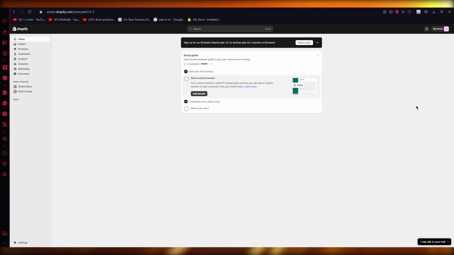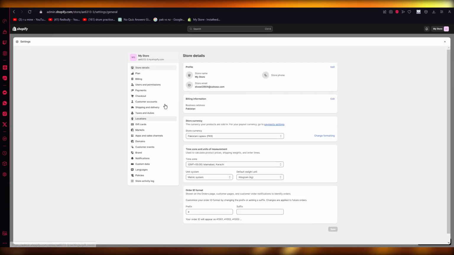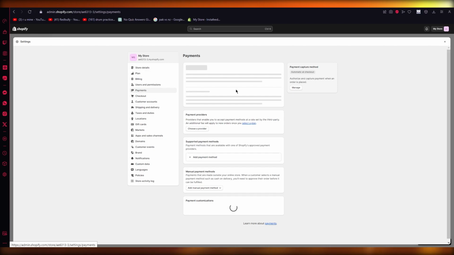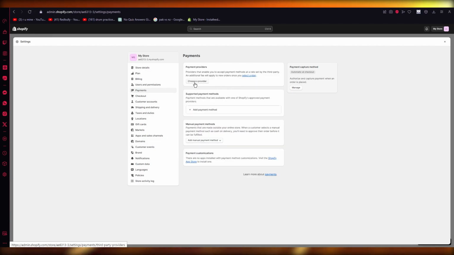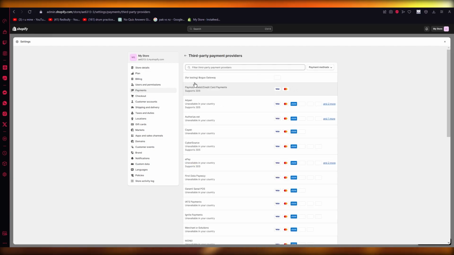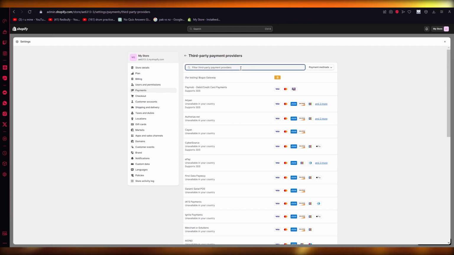So to start yourself off with this, what you're going to do is come over to shopify.com, and over here you're simply going to go over to your settings. As you go into settings, you're going to go over to payments, and once you come over to payments, over here you're going to click on choose a provider, and once you click on choose a provider, simply add